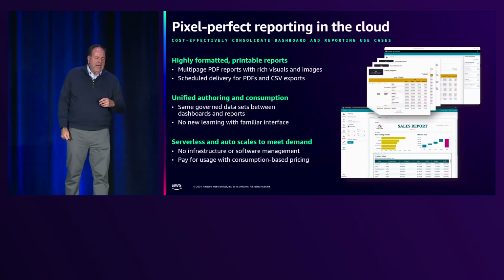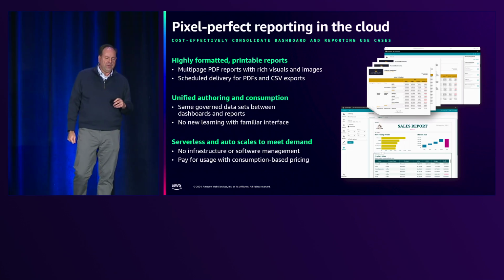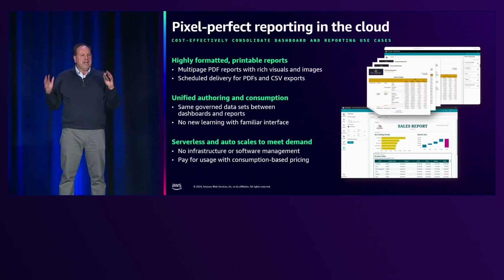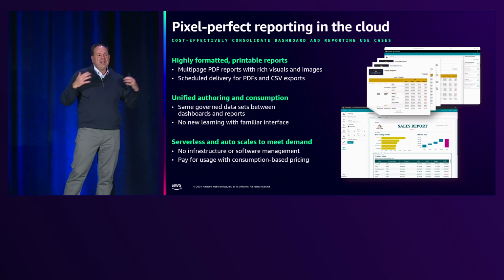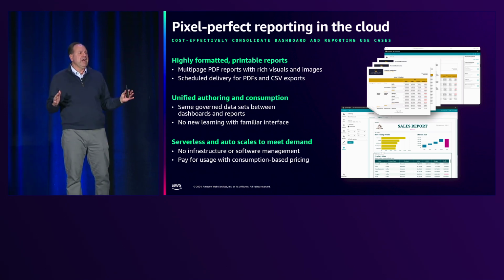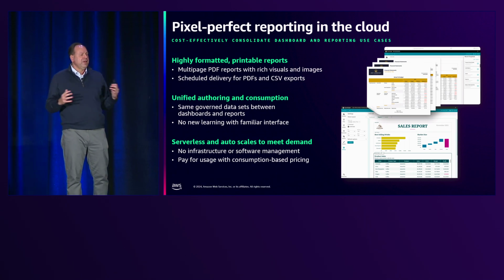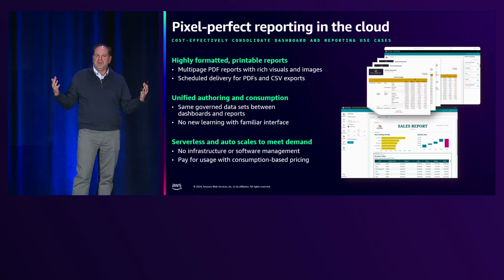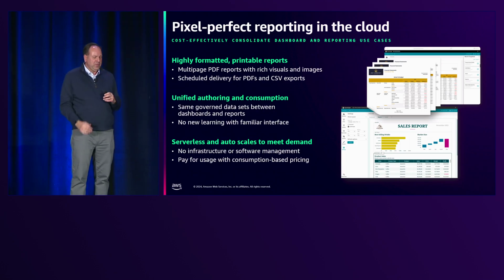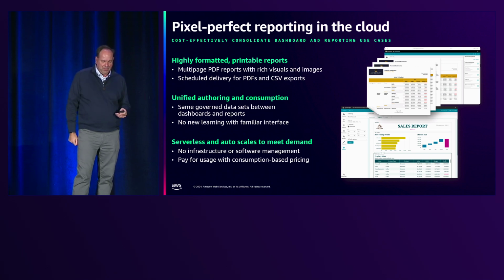The second area that we have is pixel-perfect reporting for you in the cloud. So unlike dashboards, pixel-perfect reports are those reports that you get in your email. You might get them from your bank or any other financial institution. I get one from my energy company every month. These are perfectly formatted reports that come in PDF, right? So if you have a table that has thousands of rows in it, it's really hard to bring that up on the screen in one shot. So those are the cases where you can bring these things into PDF, and of course you get all your rows when you go ahead and print that.